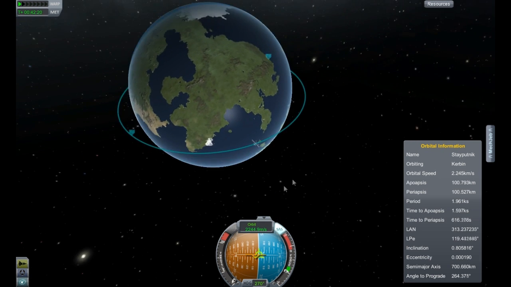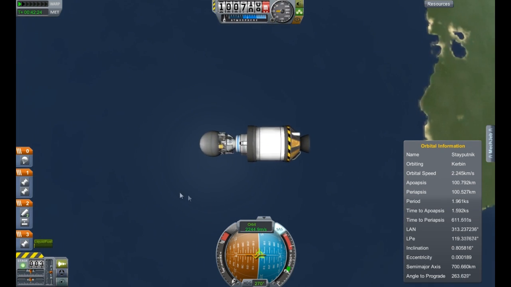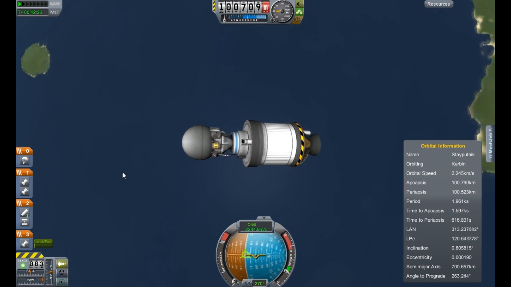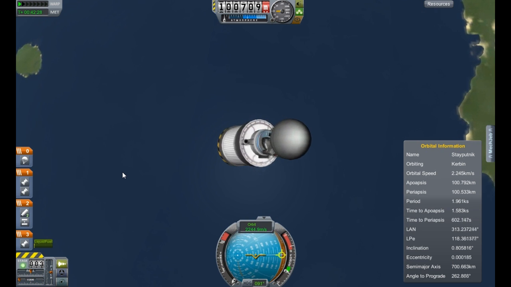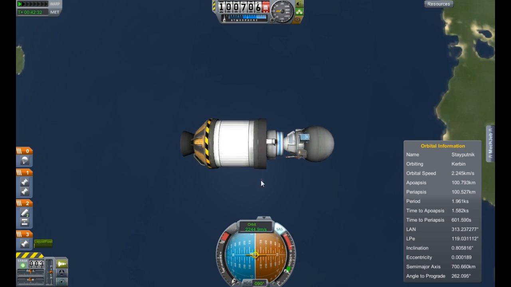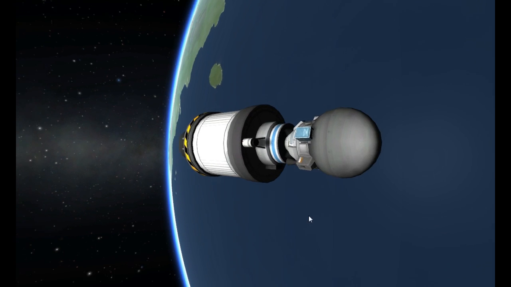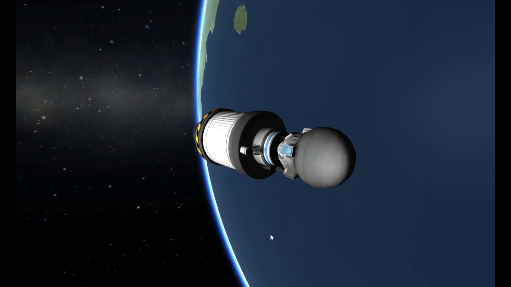That's close. Well, it's 100 by 100, so there we go. Awesome. And it took 42 minutes. Now for the final part. This might pump us into a 100 by 1 just from the thing, but we have to eject this stage. In 5, 4, 3, 2, 1,